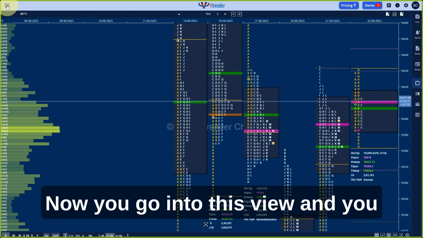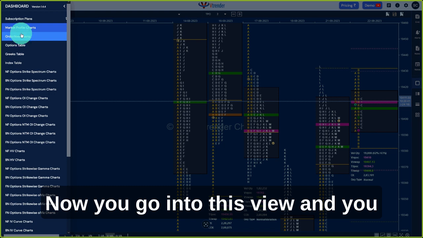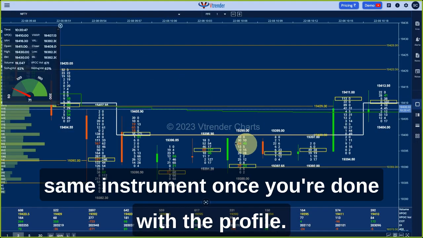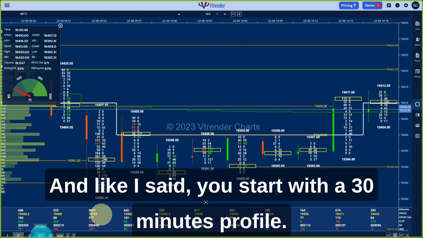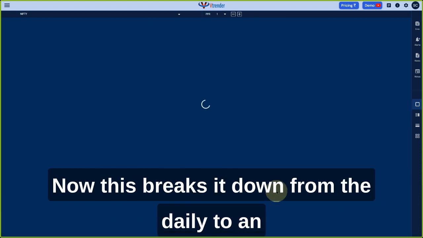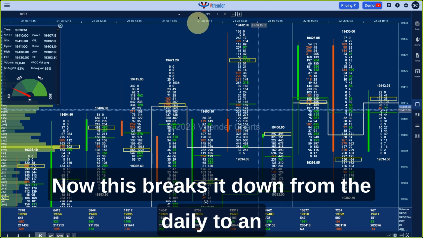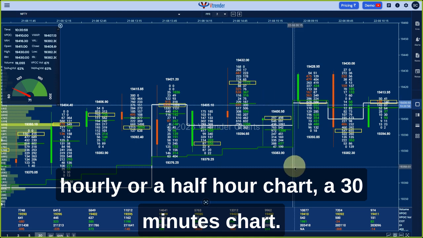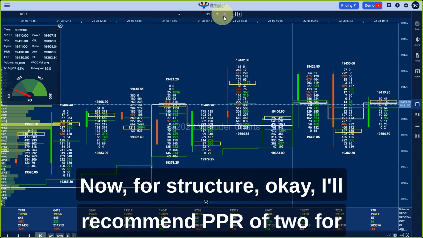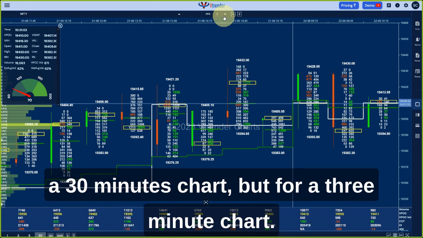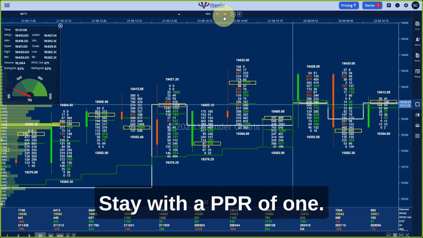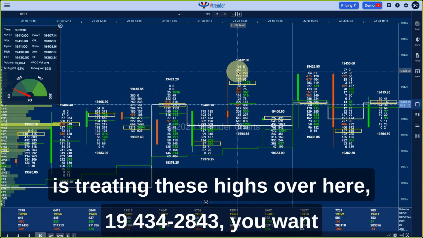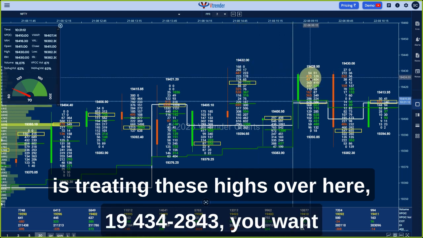Now you go into this view and you look at the order flow chart of the same instrument once you're done with the profile. And like I said, you start with a 30-minute profile. Now this breaks it down from the daily to an hourly or a half hourly chart, a 30-minute chart. Now for structure, I'll recommend PPR of 2 for a 30-minute chart, but for a 3-minute chart, stay with a PPR of 1. So if you look up over here, as the market is trading these highs over here, 19,430,